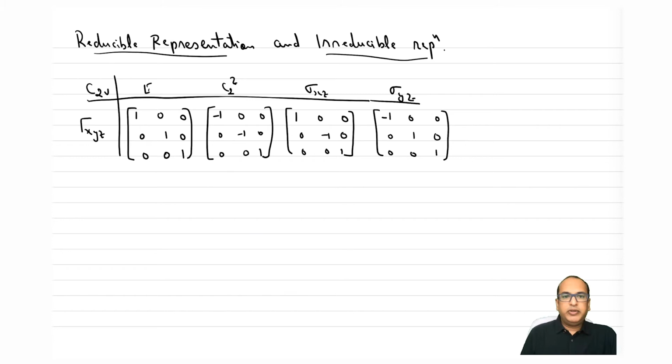Okay. So now if you see, we can reduce this representation to a lower basis. So what do I mean by that? If you carefully see, this matrix has elements only along the diagonal, right? All the off-diagonal elements of the matrix are 0. So this kind of matrix, where the elements are only along the diagonal or along the square diagonals, we will also see that example, is called a block factored matrix.